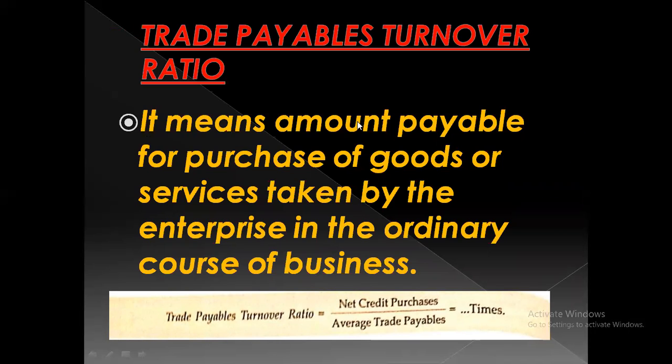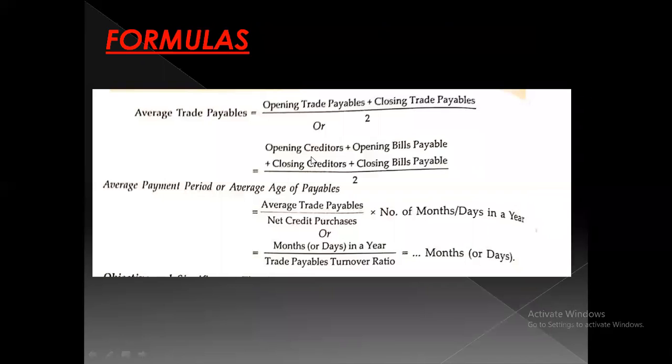It means the amount payable for purchase of goods or services taken by the enterprise in the ordinary course of the business. And the formula to calculate trade payable turnover ratio is net credit purchase divided by average trade payable. This is also calculated in times. And to calculate average trade payable,